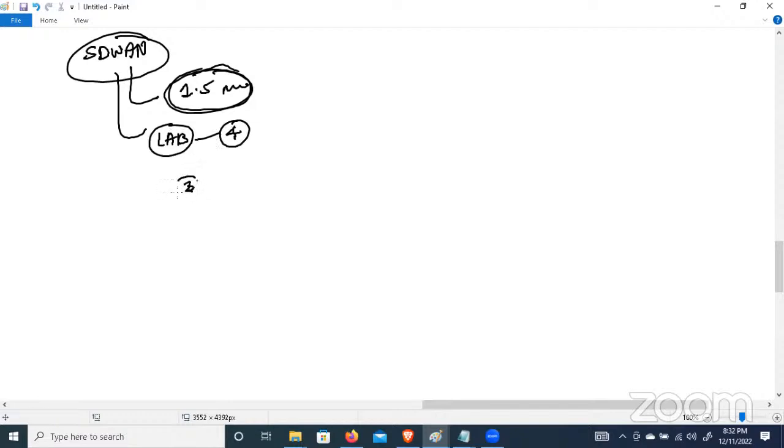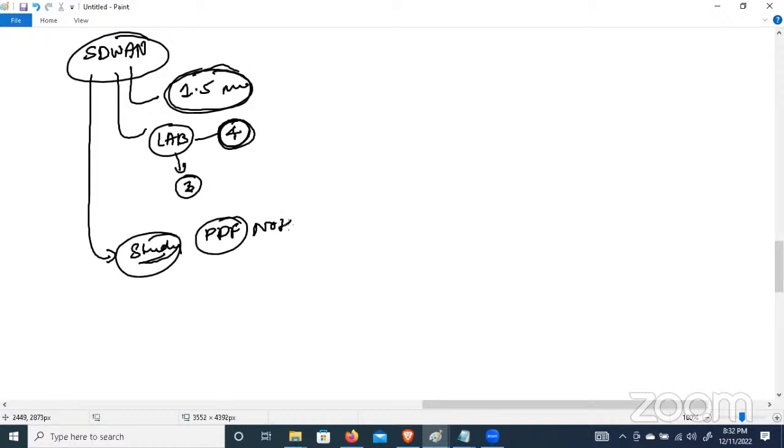3 lab we discuss in your lecture. Fourth number, lab, you need to do by yourself. Then third thing, the study material: you can easily get some PDF format, some notes, some data sheets about the